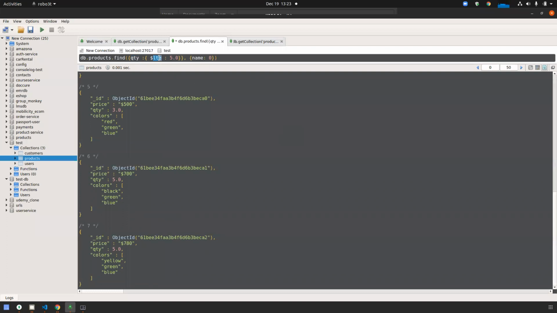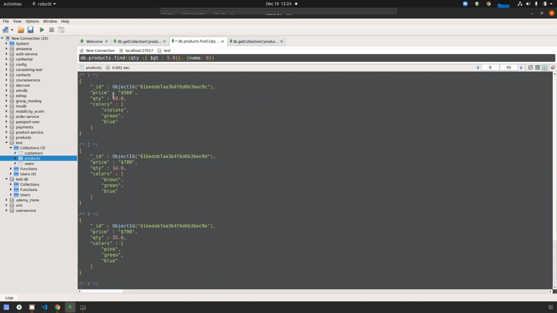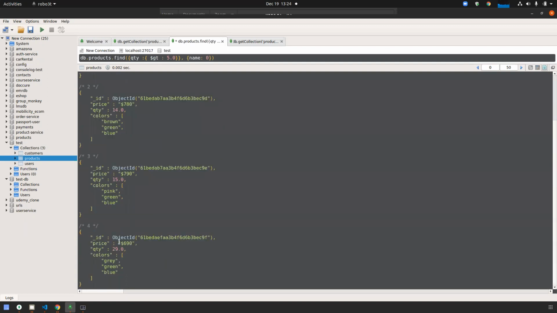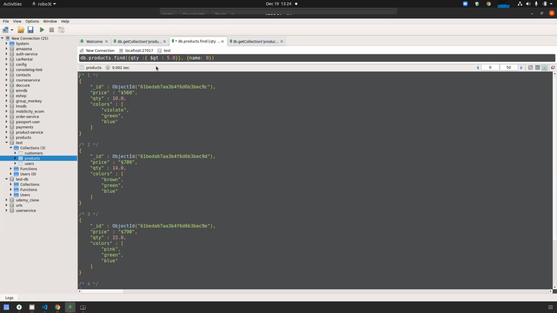Or we can give GT, greater than 5. If I run it, see 10, 14, 15, 29, these 4 come, which are greater than 5, not 5, more than 5. GTE, greater than or equal to, includes the equal to also.